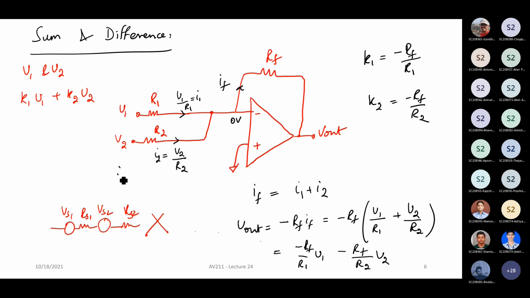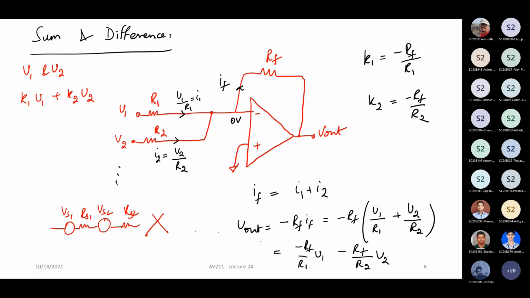Now this can be extended to any number of voltage sources here, because all you're doing is just putting things in parallel. You're just summing the currents, and the current summation happens because of the virtual ground, and you're just forcing the current to flow through this feedback resistor so that you generate